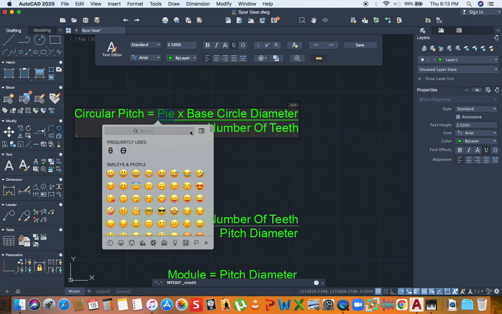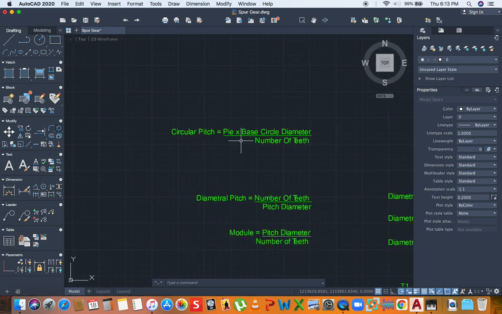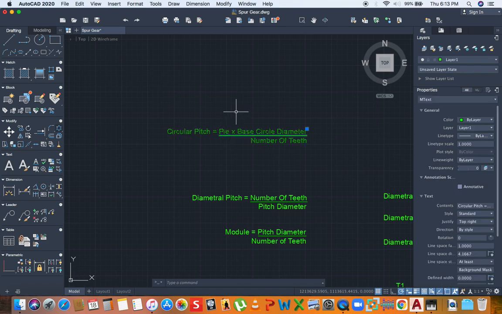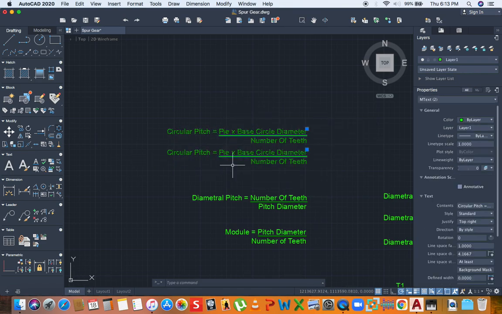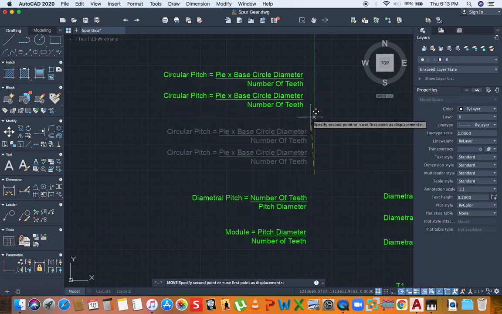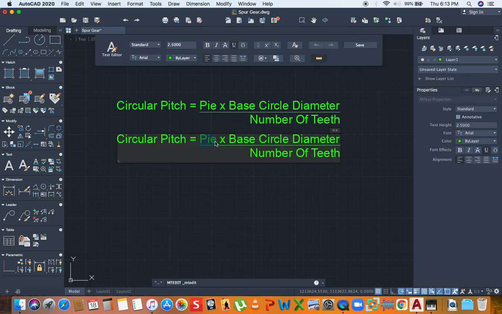Okay, we have to do without that. Just know that it's pi. Alright, so let's continue. The equation will show that it's pi. Let me move this further up so that it doesn't clash with the diametral pitch equation. So we already know that pi is